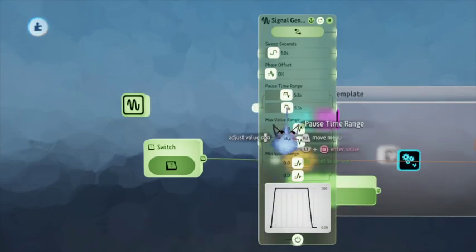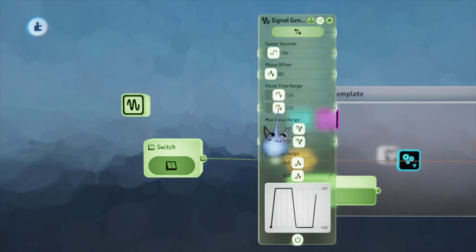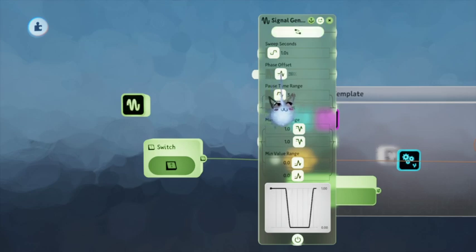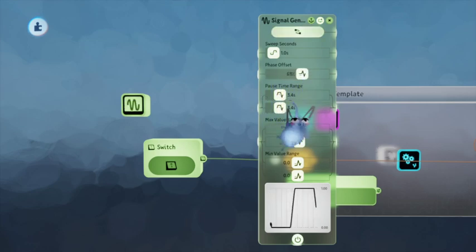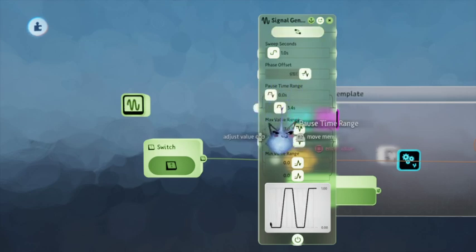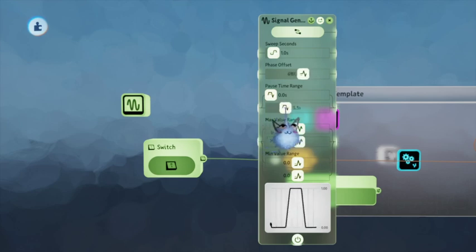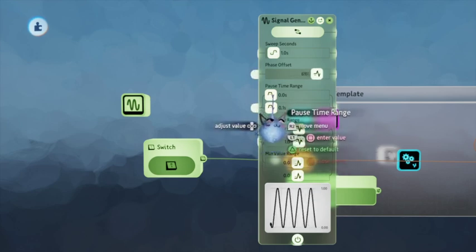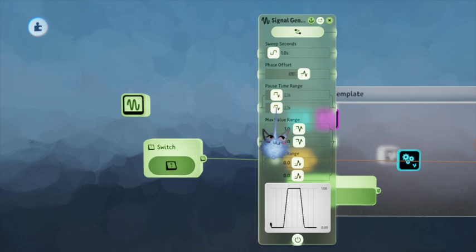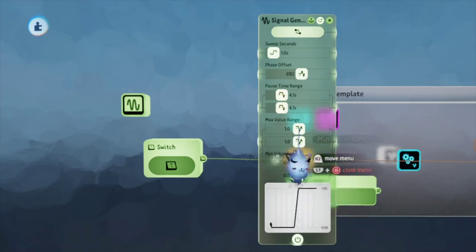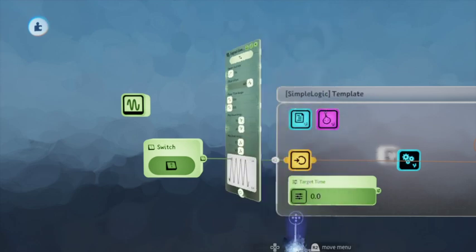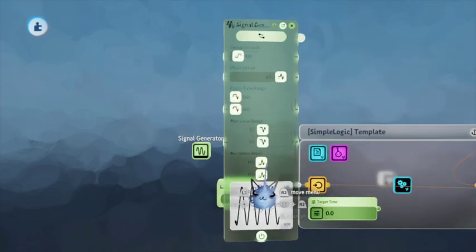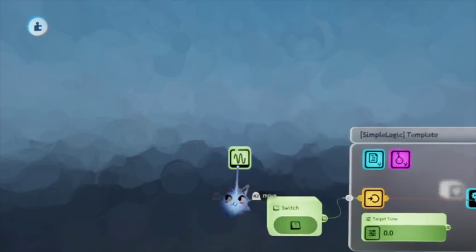This is as close as you're going to get to a square wave. But there's pause time. I don't think there is any way to get a true square wave, because there's always going to be smoothing there, and if you don't want any pause time, there's no option for square, so